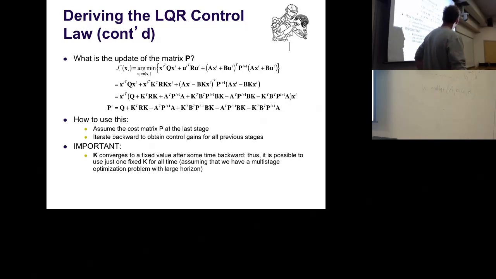Yes. So all of this is an offline algorithm. I mean, you compute it beforehand, right? Before you execute. Good question. And the answer is yes. Most of the time, if you know your system and your cost function, you compute it offline, you get a gain matrix, and then you just work with the gain matrix K and apply it to your control system.